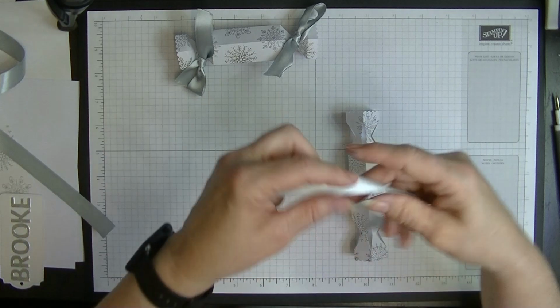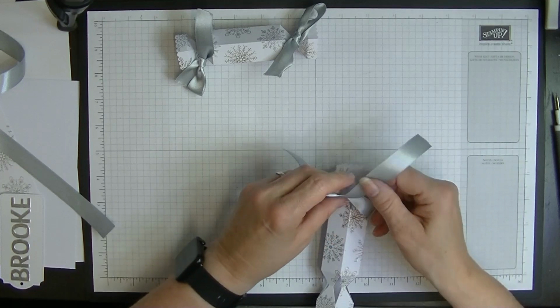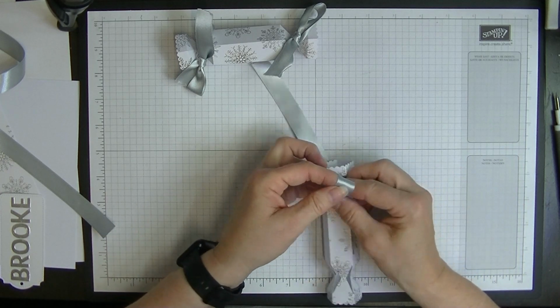Okay, so we're going to pop our ribbon around one end. Oh, excuse me, I'm going to sneeze. I feel like I'm going to sneeze anyway. And we're going to tie a bow. Once we've tied a bow this end,